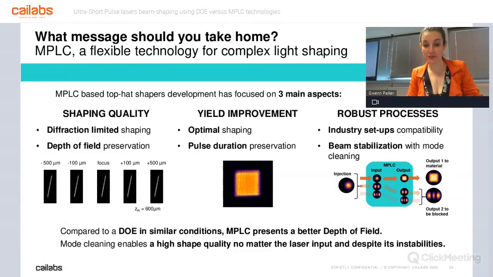What message should you take home? Well, MPLC is working very well for microprocessing, of course. And when we develop the systems, I want to insist on the fact that we focus on three very important aspects. The shaping quality, of course, we do beam shaping, so we want the shape to be good. We want it to be diffraction limited, and we want to have a preserved depth of field in order to have your process very robust. Again, we want to focus on the yield improvement by having the optimal shape with a very good efficiency and the pulse duration preserved. We want the process to be robust,